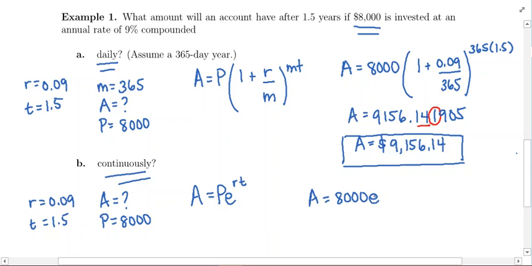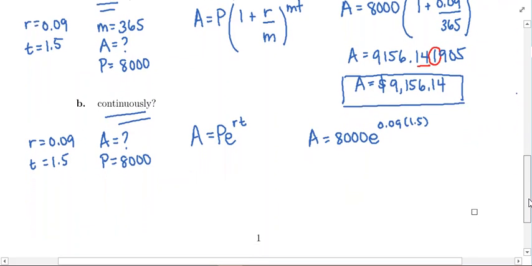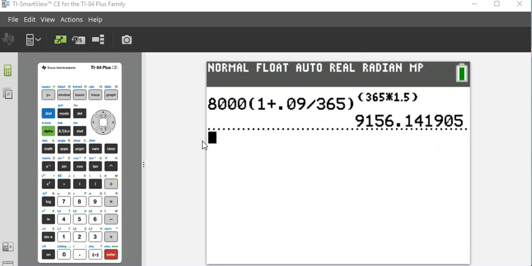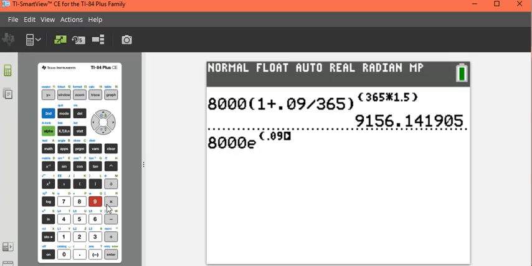Again, you're going to use the e button on the calculator. You don't want to put in 2.71 for e. You don't want to round it. Don't do it. You'll get the wrong answer. So e is going to be raised to the 0.09 times 1.5. And so now let's go to our calculator and see what we get. So we're going to get 8,000. I'm going to do second natural log to bring up e to a power. And then e is going to be raised to the 0.09 times